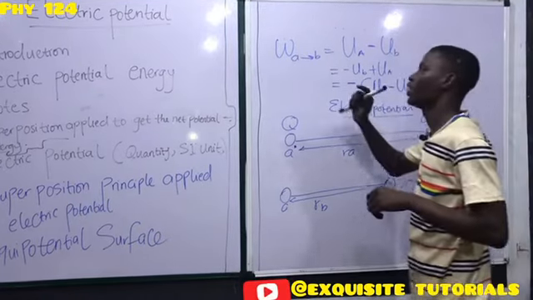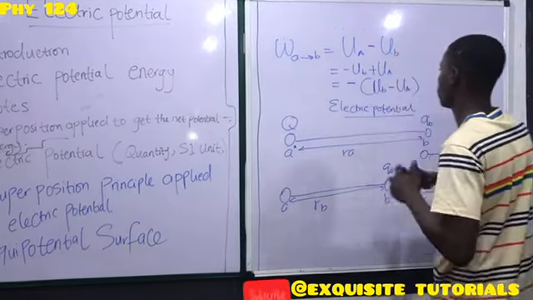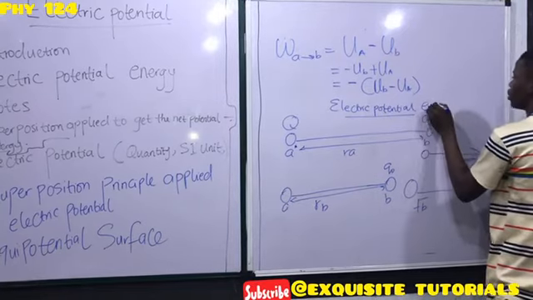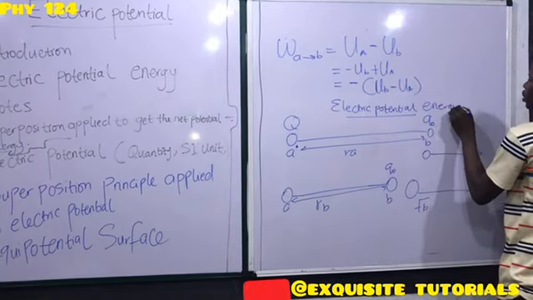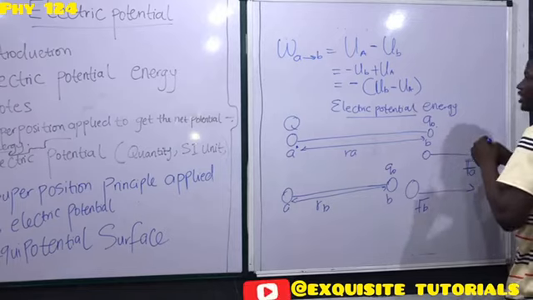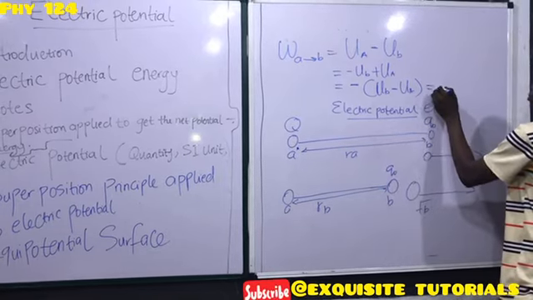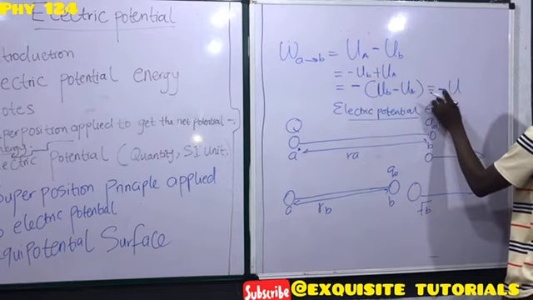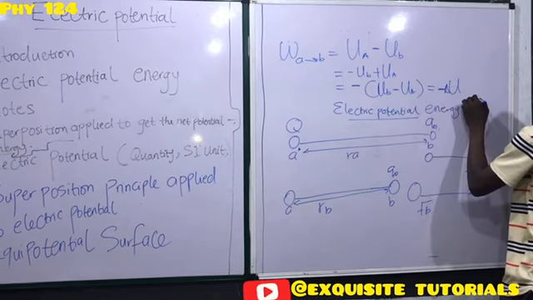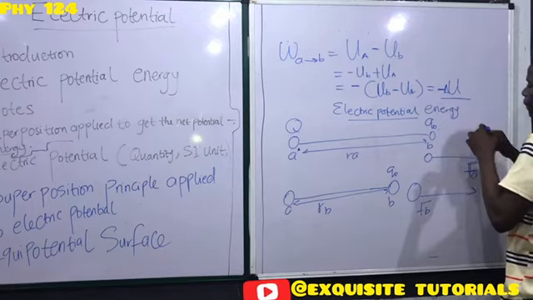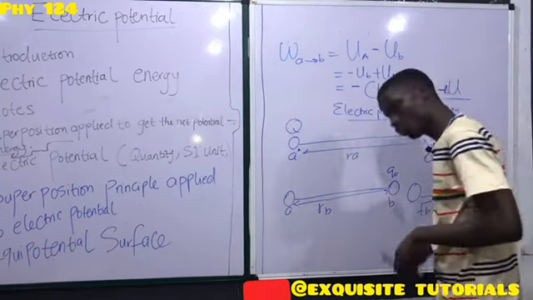This is the electric potential energy that exists between 2 points. It can also be written in this form, minus delta U. So from there,